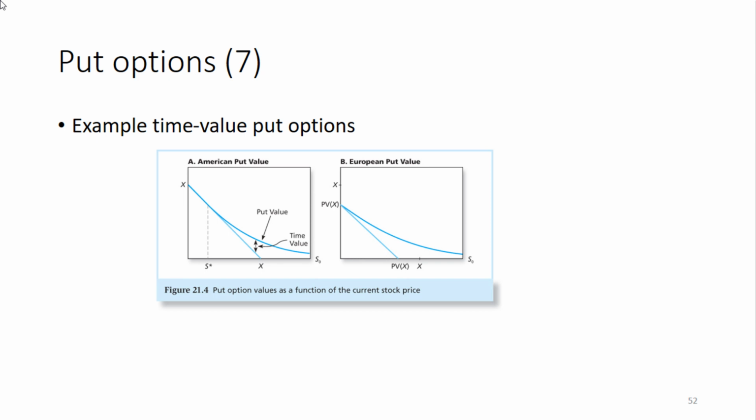And then we see as the underlying stock value becomes further into the money, the time value decreases further, and at one moment in time the time value is almost zero, and then the value of the put is equal to the intrinsic value of the option.